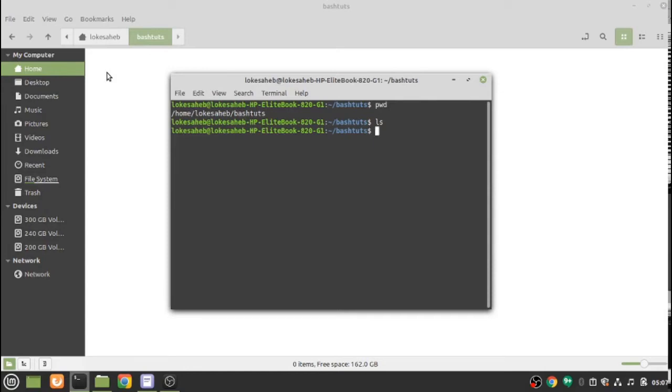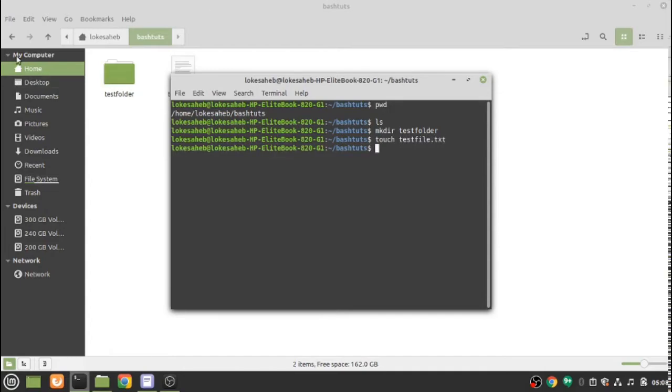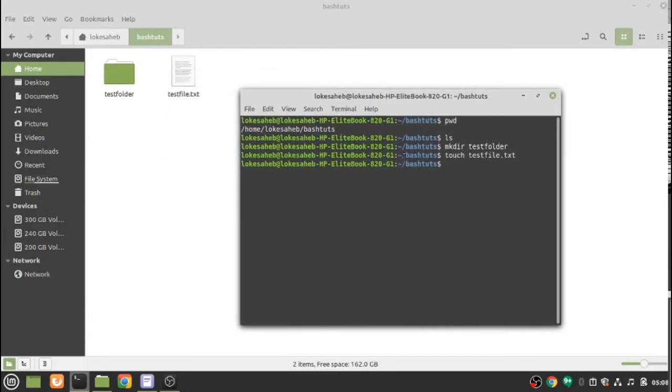So what I will do is I will just create one folder as well as a file. See here, mkdir test folder, and I've just created a test folder, and here I will use the touch command to just create a file. Touch test file dot txt, you can put an extension there. See here, you can see the files being created. Now if I hit the ls, then I will see the names here, test file txt